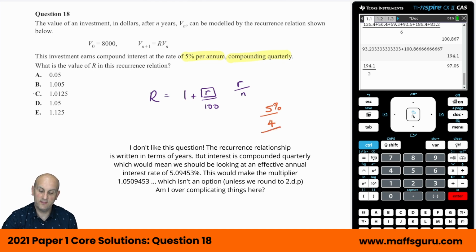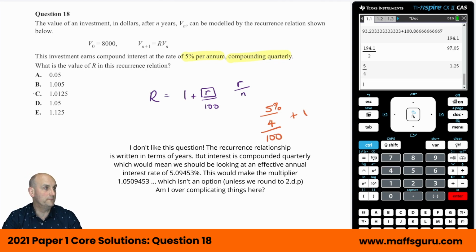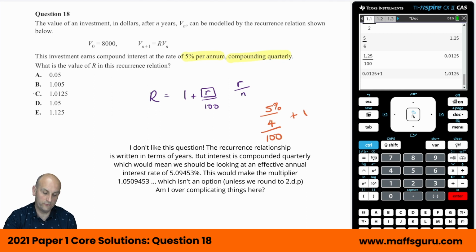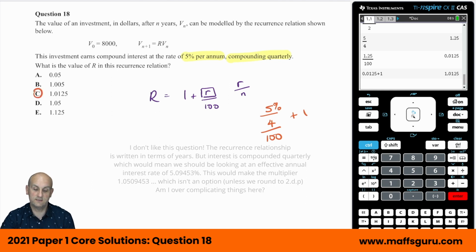And then I'm going to divide that by 100 and then add 1 to it. The reason I'm dividing by 100 is because it was a percentage. So 5 divided by 4, divide that by 100, and we're going to add 1 on. It gives me 1.0125. C is the correct answer. The value of